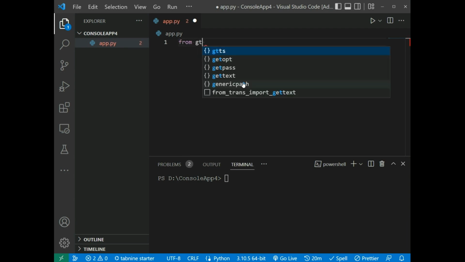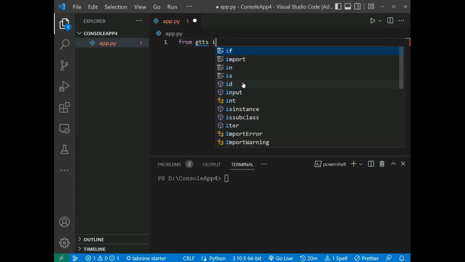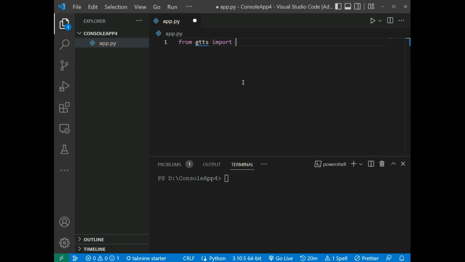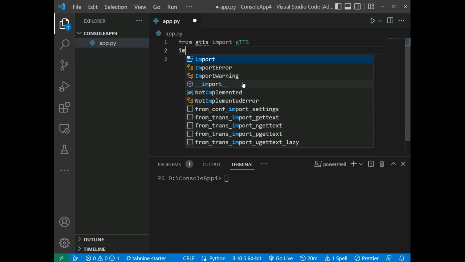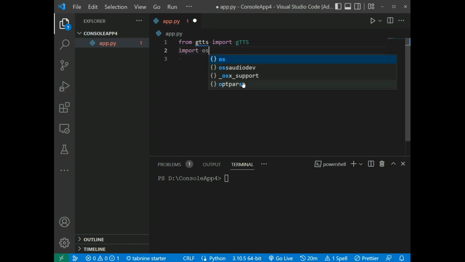From gtts import gTTS and import os to play the converted audio. So set the text. My text is, for example, hello guys, and set the language. Language is English,